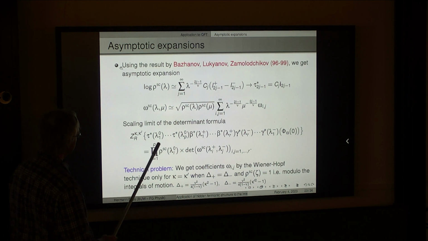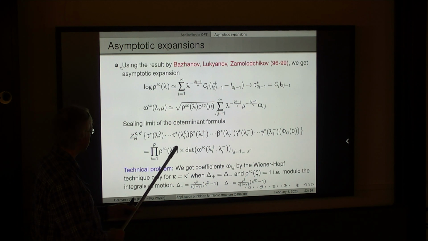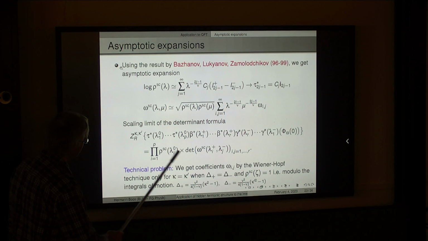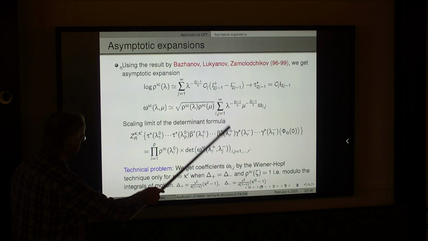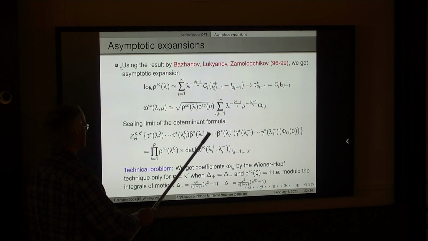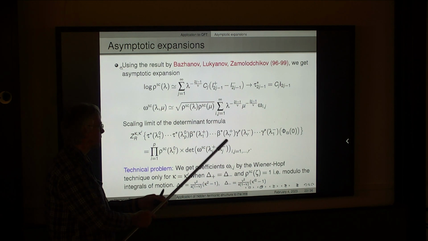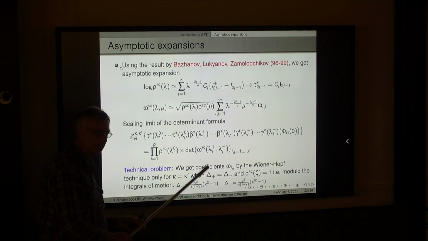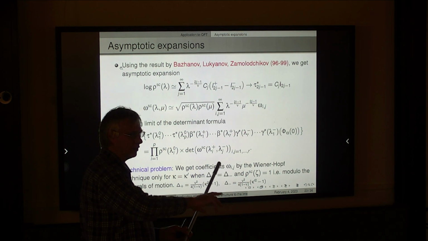So the determinant formula that we had in the finite case looks in the scaling limit as follows. Now in the right-hand side, we have these functions. So we have to put these asymptotic expansions, and also in the left-hand side we put the asymptotic expansion for tau star, beta star, and gamma star, and then we can identify, yes, if we know the result in the right-hand side. So the factor 2 disappeared here. Did you? I think we have rescaled.